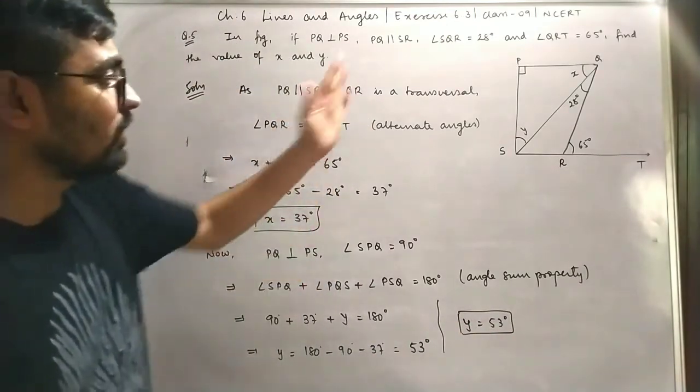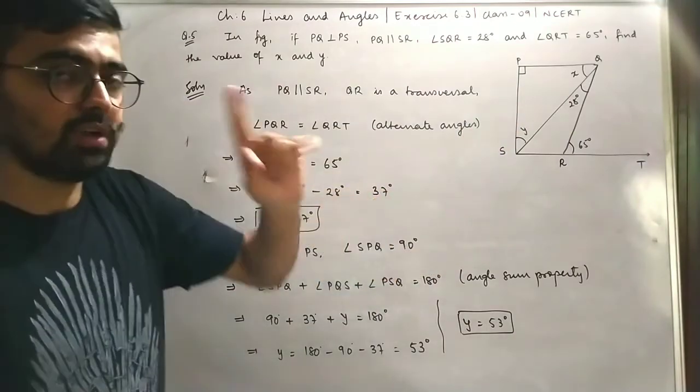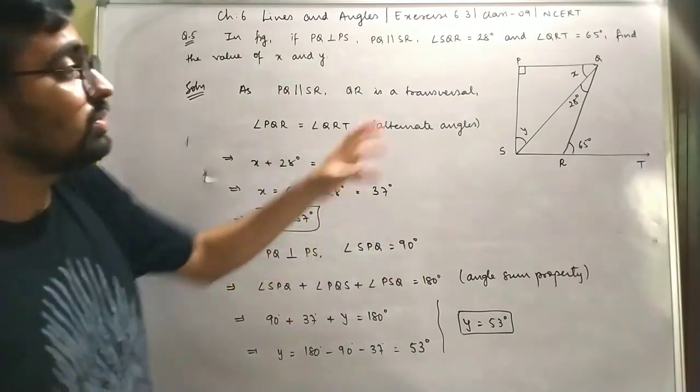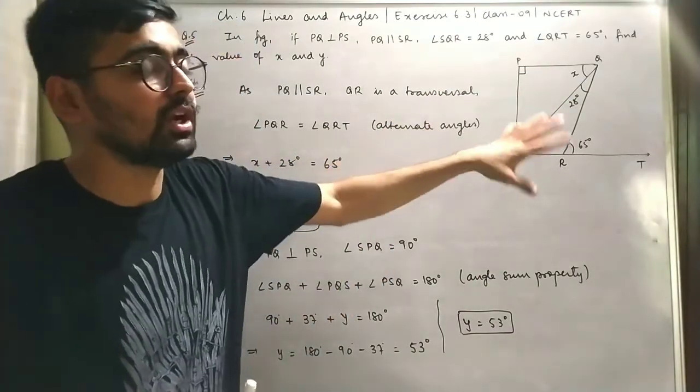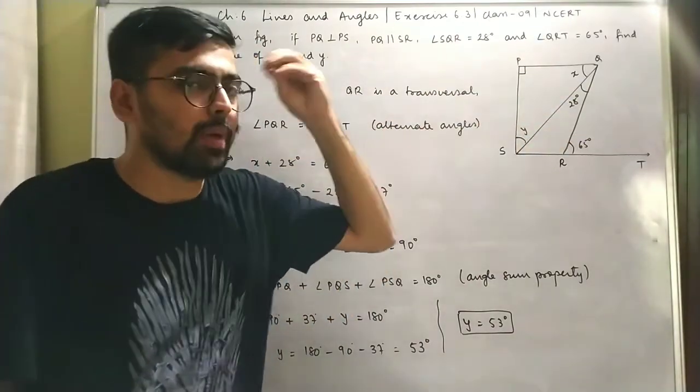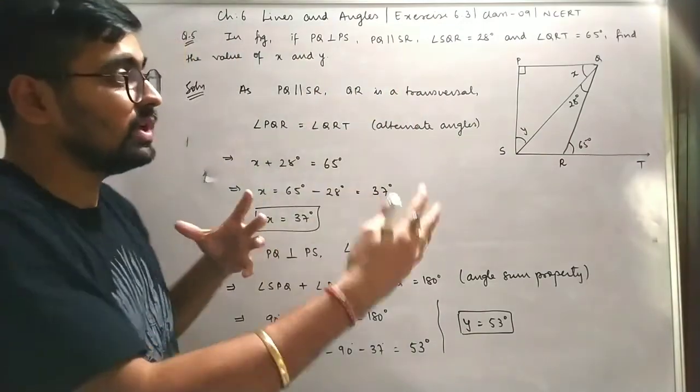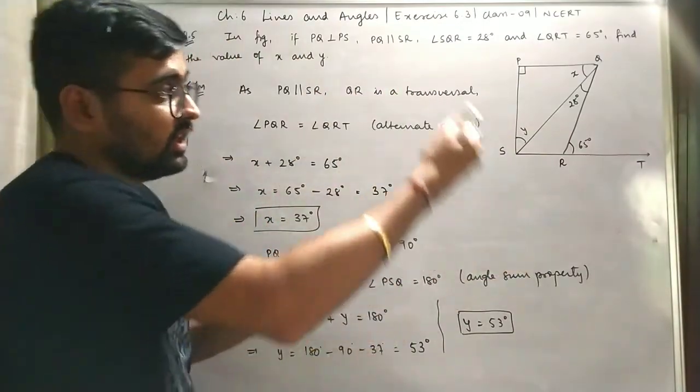Simple. See how we are solving all these kinds of problems. What we need to understand is how these properties are going to help us and what we can imagine to get to the solution. Look, we need to increase our imagination power a little. We need to imagine that since it is given like this, we can go this way.